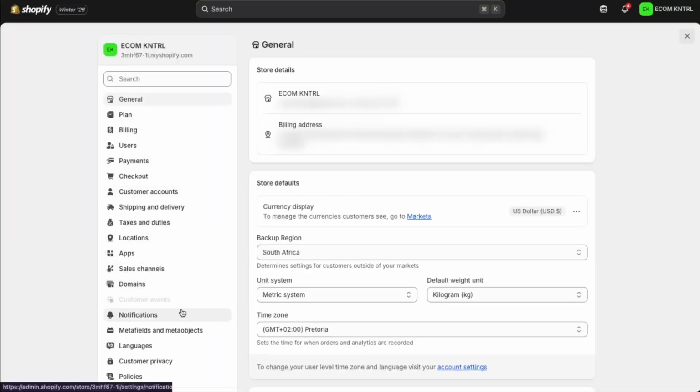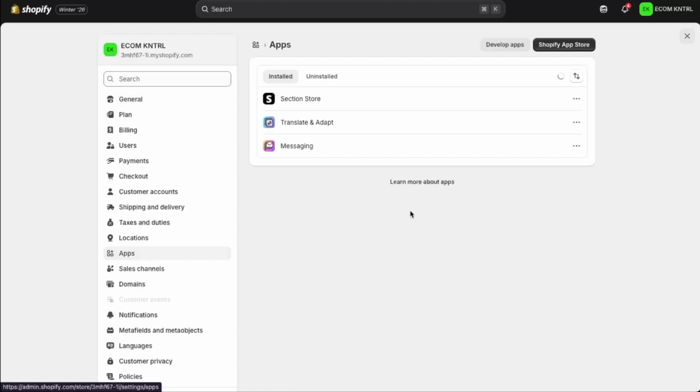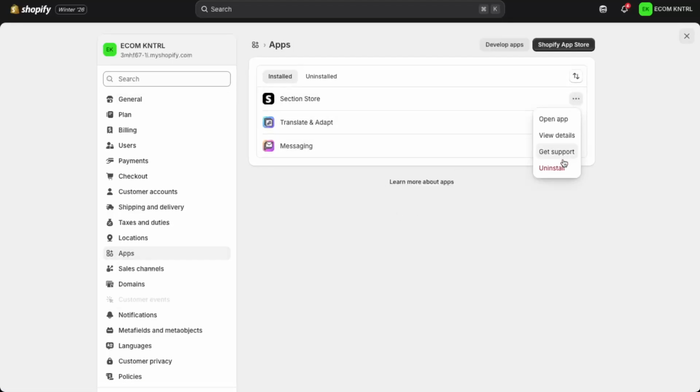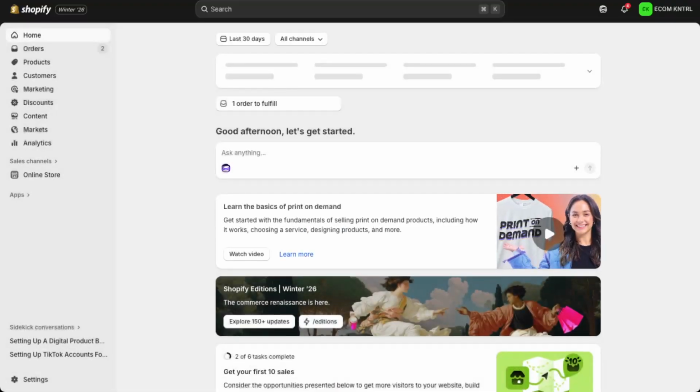Finally, clean up your apps. Go down to Settings and then click on Apps. You'll see all installed apps listed here. Next to each app, click on the three dots, then select Uninstall. Confirm by clicking Uninstall again. Repeat this for every app you want to remove, so your store is back to a clean default state with no extra integrations. Once you've completed these steps, your Shopify store will be effectively